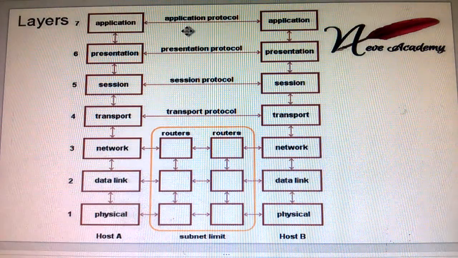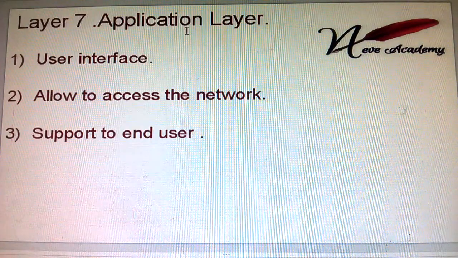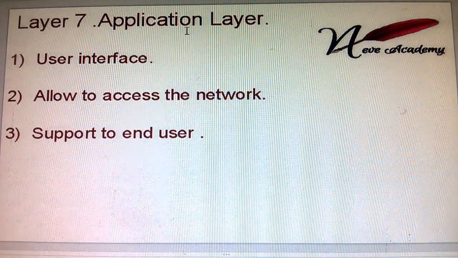The last layer is the application layer. Again my concept, as the name suggests. The application layer gives us the application, it's completely user